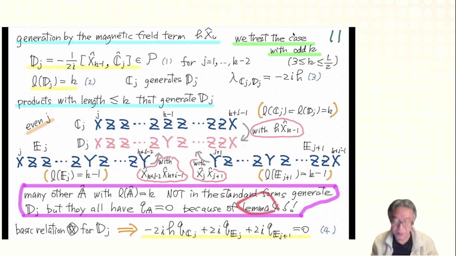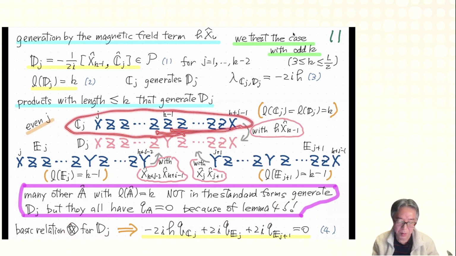But lemma 4 saves us. There are products that generate dj with length k, but all of them except for cj are not in the standard form. So this means that of course they enter in this basic relation with a non-zero coefficient, but the q's for these are all zero. So in effect, the basic relation for dj just consists of these three things. We only need to consider these three products: dj with length k, which is our main actor, and the shorter ones,